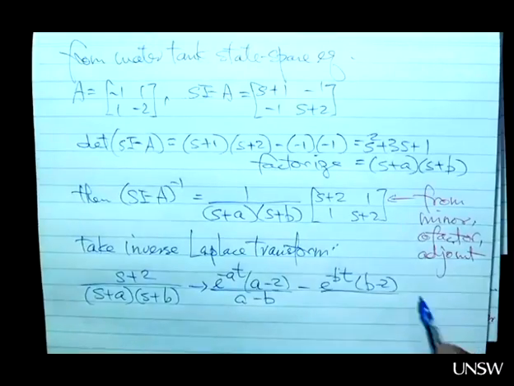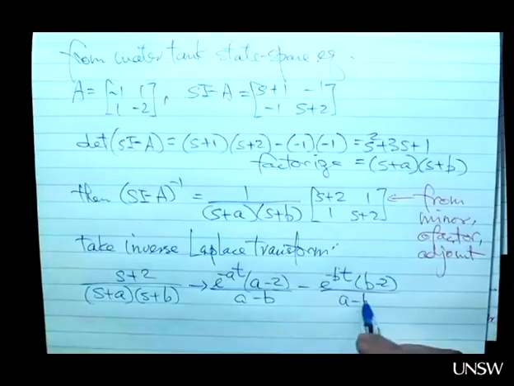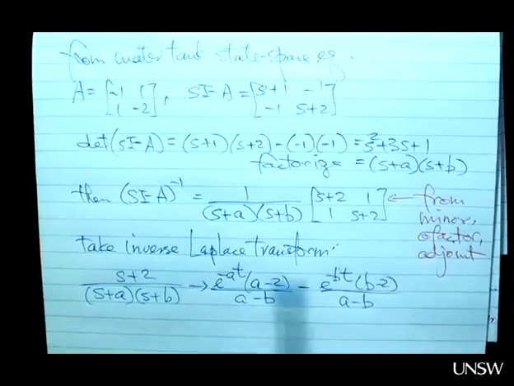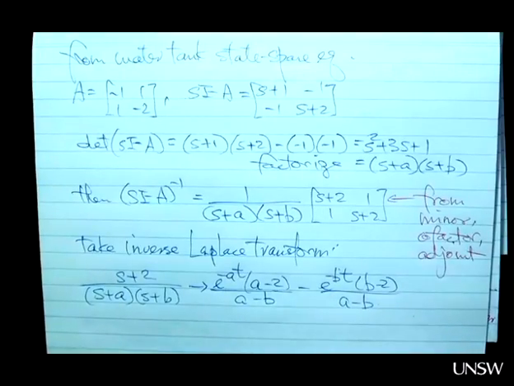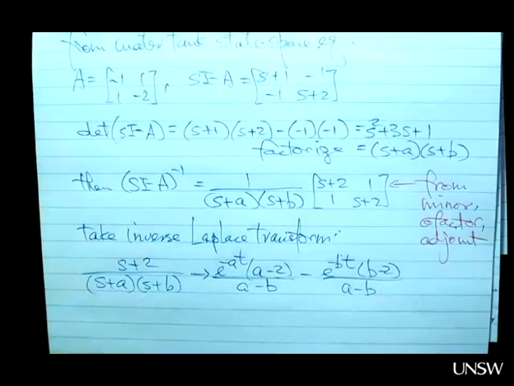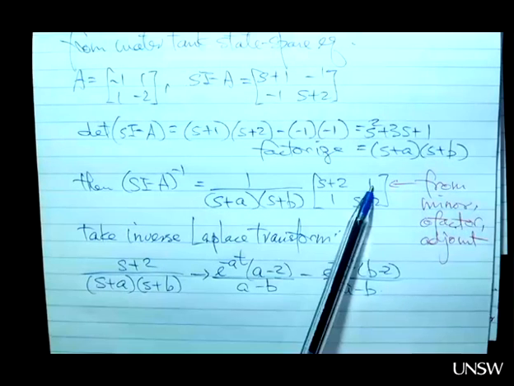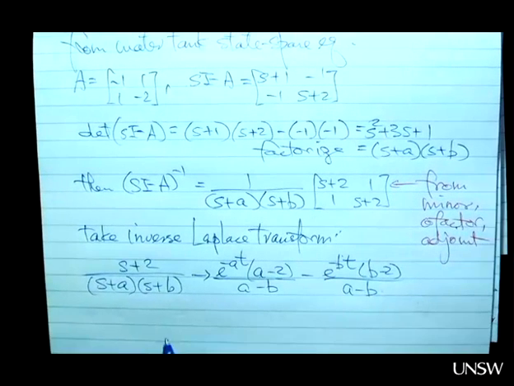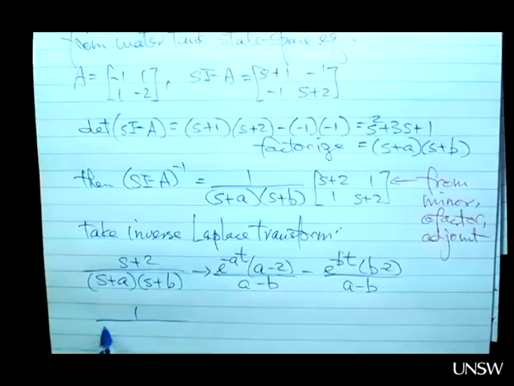That is from the inverse Laplace transform table that we can have these terms. And then for the first row, second column, and the second row, first column, for this term, the inverse Laplace transform is